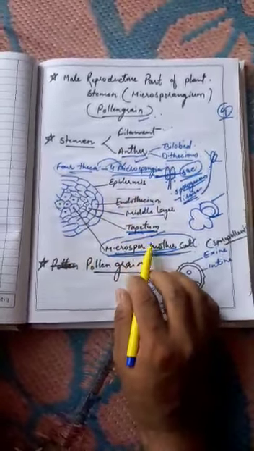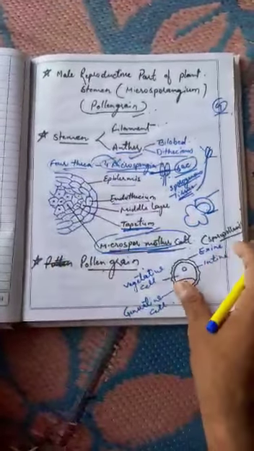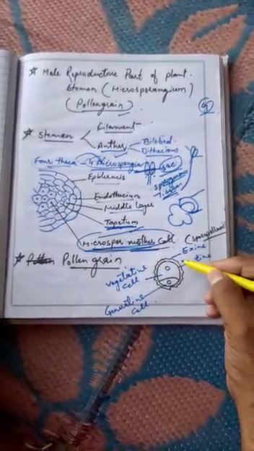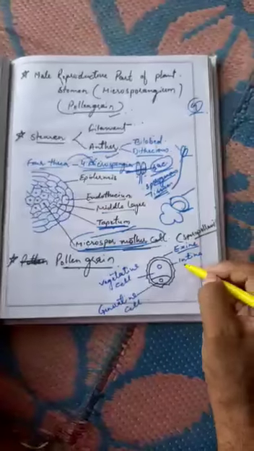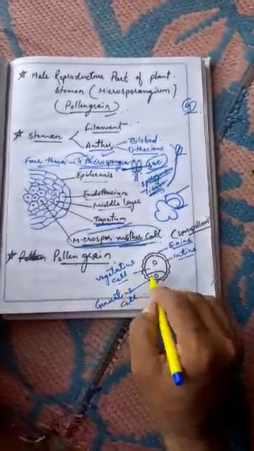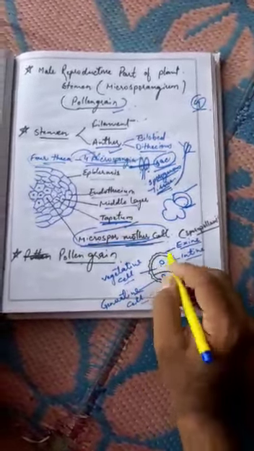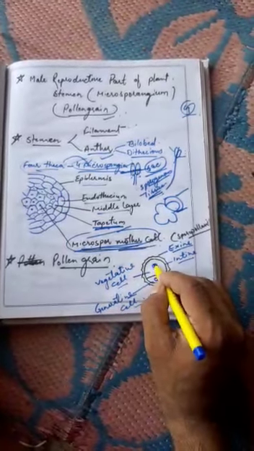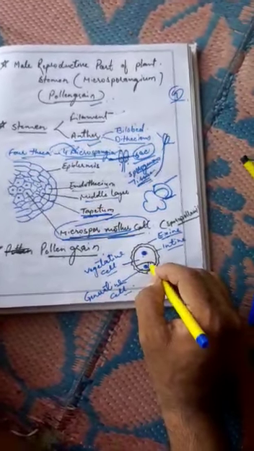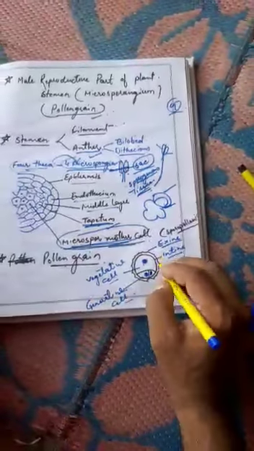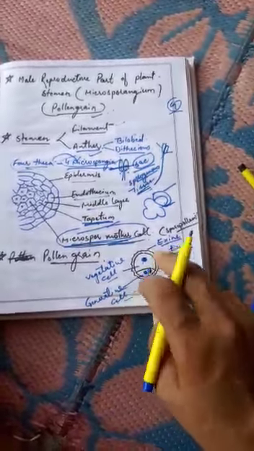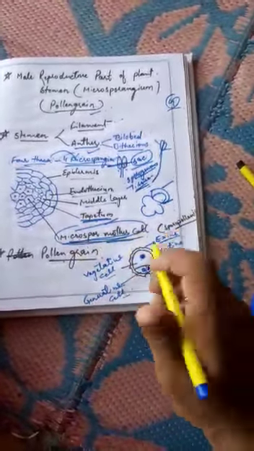Now, when microspore mother cells produce pollen grains, how do pollen grains look? Now we are talking about the structure of a pollen grain. One pollen grain has two layers, the exine, the outer layer, and the intine, the inner layer. And it has inside two cells, one bigger cell known as the vegetative cell and one small cell known as the generative cell. The vegetative cell contains one nucleus, a floating nucleus, and the generative cell also contains a nucleus. This nucleus again divides into two. So there are two nuclei in one mature pollen grain.